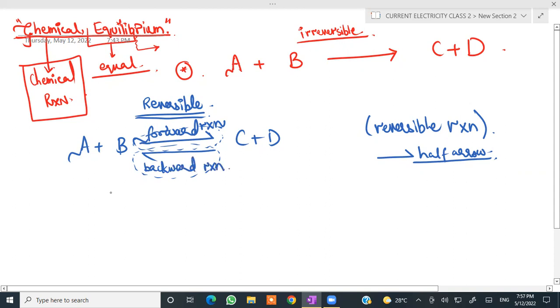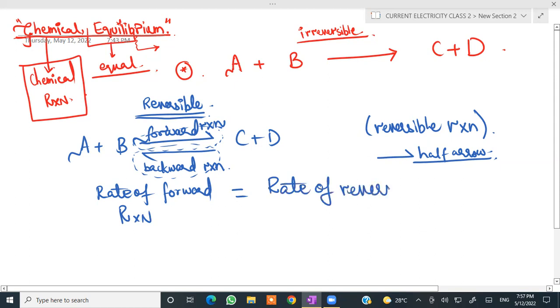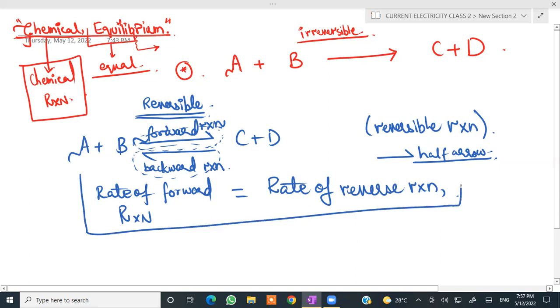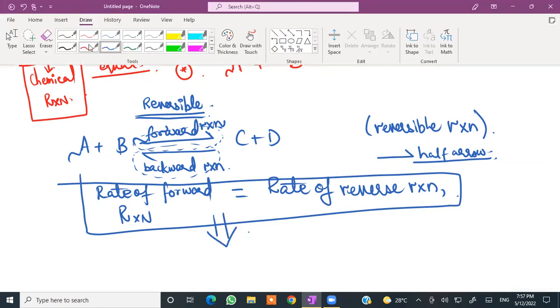All right, when the rate of forward reaction equals the rate of the backward reaction, the rate of the reverse reaction, in that case, this condition is known as,